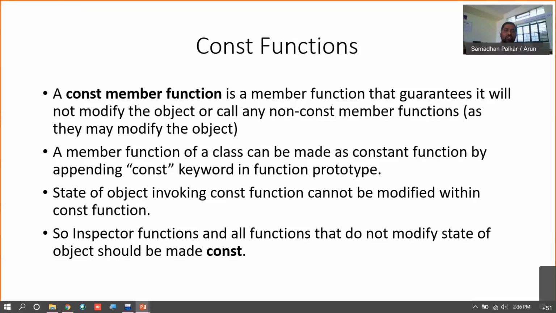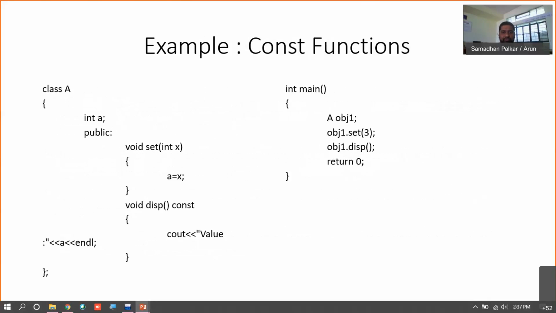A member function of a class can be made constant by just appending const at the end of the function's prototype, right? So you cannot modify the state of the object just by invoking those constant functions. So those functions which are used to just read or inspect should be made constant, right?